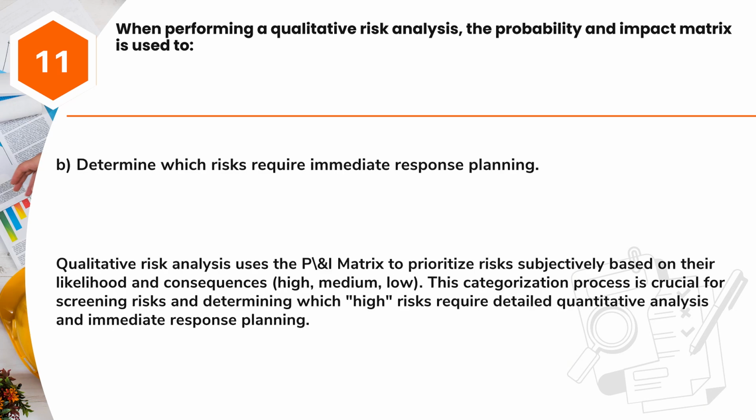Answer: B. Determine which risks require immediate response planning. Qualitative risk analysis uses the P and I matrix to prioritize risks subjectively based on their likelihood and consequences: high, medium, low. This categorization process is crucial for screening risks and determining which high risks require detailed quantitative analysis and immediate